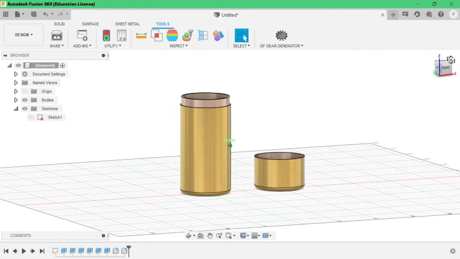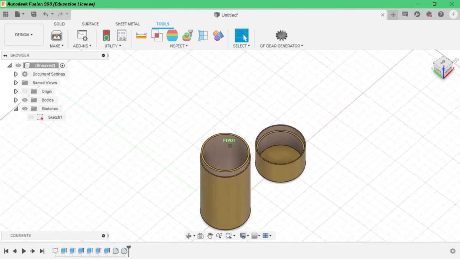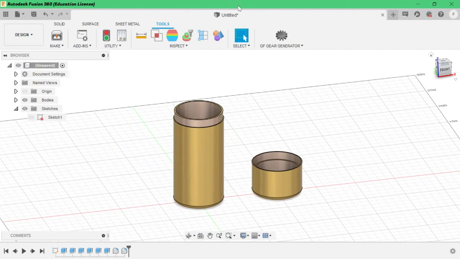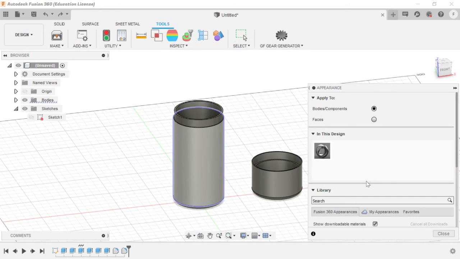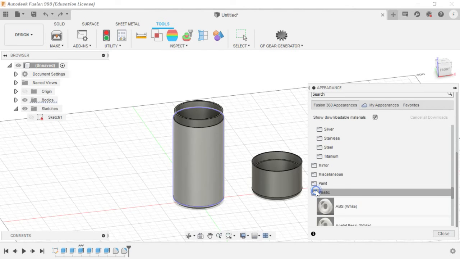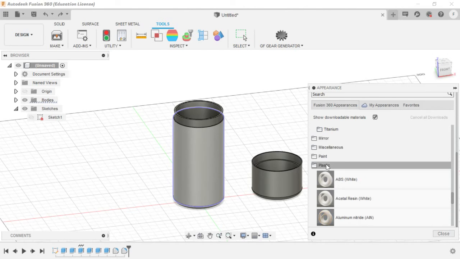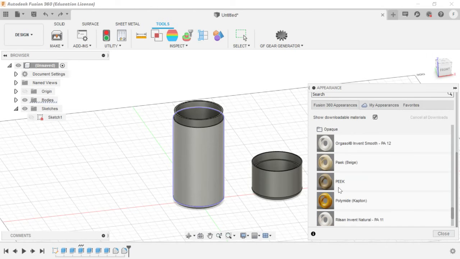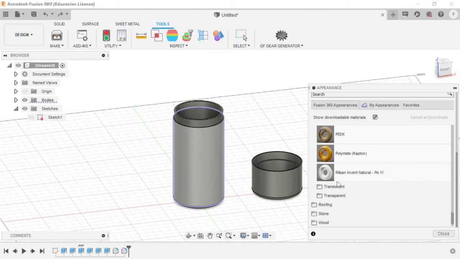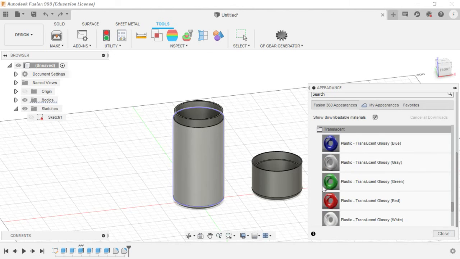It just looks like a tin flask. Okay, fine, no problem with the color, but I'm not happy. So appearance, we'll go with plastic. ABS material is the best material for 3D printing. Acetal, ash, PEEK, nylon, polymer, translucent.